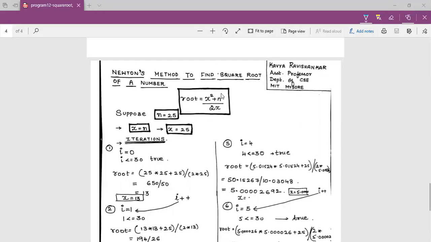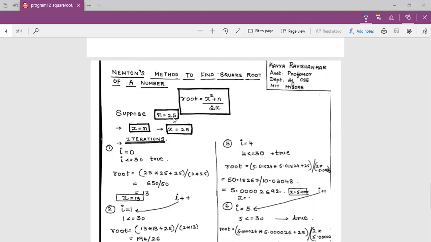So we just substitute the values in this formula until the iterations are between 0 to 30. So the number of iterations of the for loop is 30 iterations. So until then, we have to apply this formula. By the end of all the 30 iterations, we would have arrived at the result of the square root of a number. Sometimes it so happens that if the number is a smaller number, we need less number of iterations to arrive at the conclusion of the square root. If the number is a larger number, we may consume all 30 iterations.